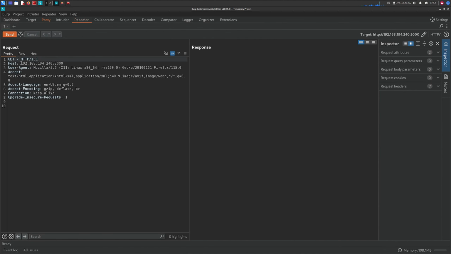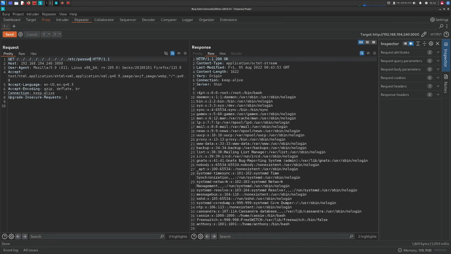And then in this request, we can go ahead and do a GET request on slash, 8 times. Not sure if that's actually 8, but we'll figure it out. And then we can see if we can get etc passwd. And right here, we do have a remote file read vulnerability that allows us to read files on the file